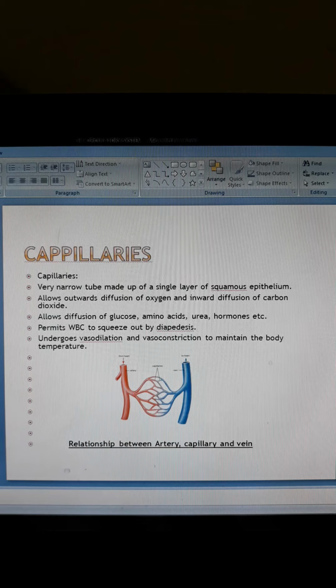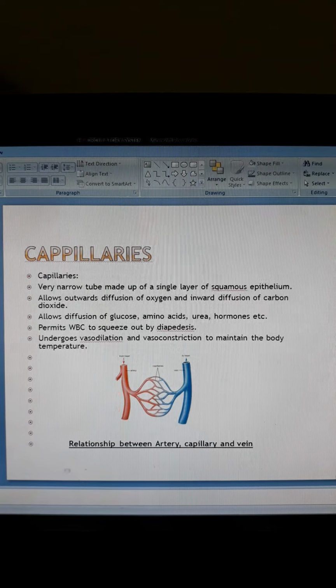So capillaries unite to form venules, which in turn form veins, and it connects with the vein. So we can say that the end of an artery is the beginning of a vein. Fine. The artery branches into arterioles. Arterioles again break up into many smaller structures called capillaries. When these capillaries unite together, they form venules, and these venules in turn form veins. So this is all about the blood vessels.